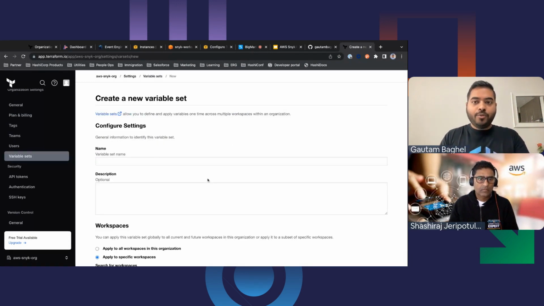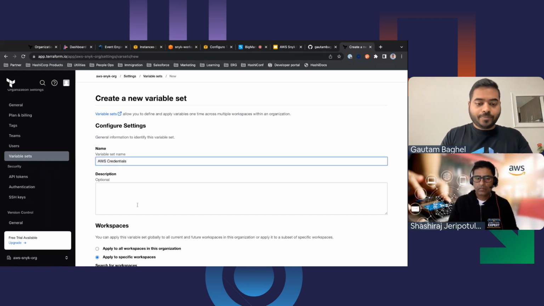That way, if you are deploying multiple resources in AWS, you can do all of that at once. You don't need to keep defining your CLI or keep setting the environment variables every single time you open a shell environment. So I'm going to name it AWS credentials.